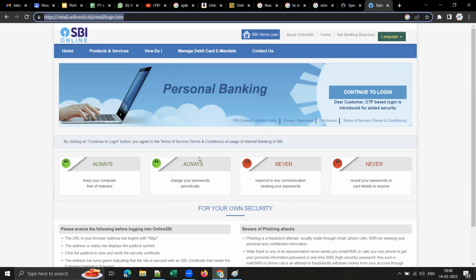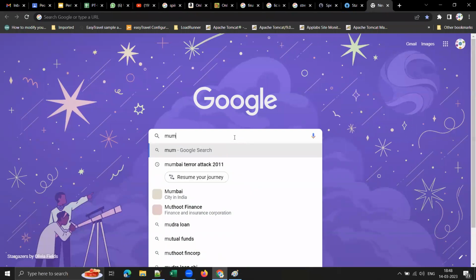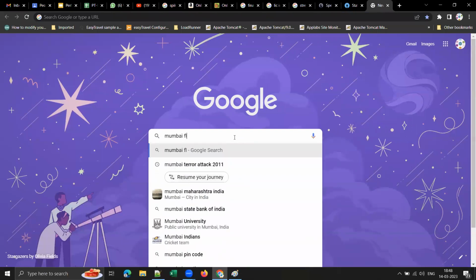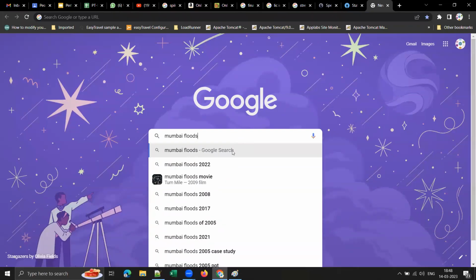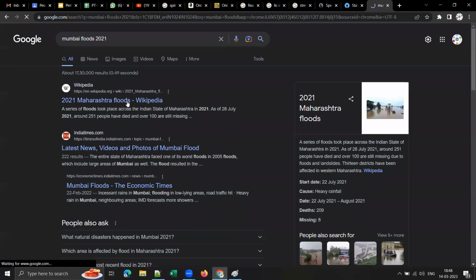So the point here is that any application will have a main environment and a backup environment. Because if you remember, we had severe floods in Mumbai some years back, Maharashtra floods in 2021, from July to August.